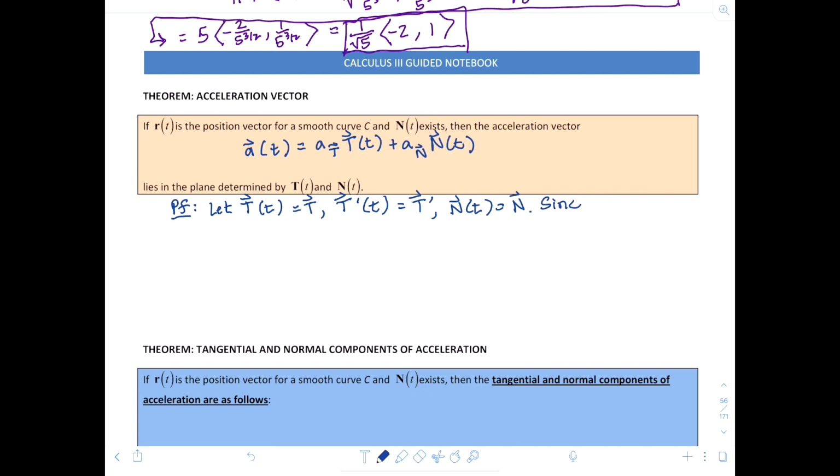Since T is equal to r prime at t over the magnitude of r prime at t,